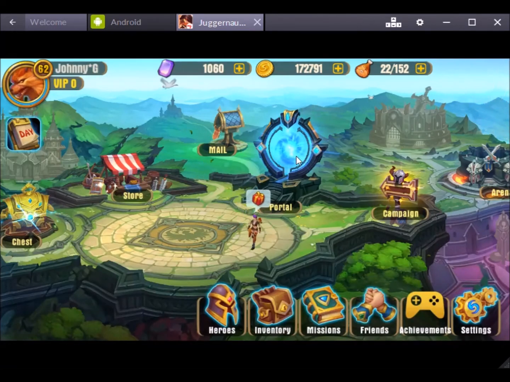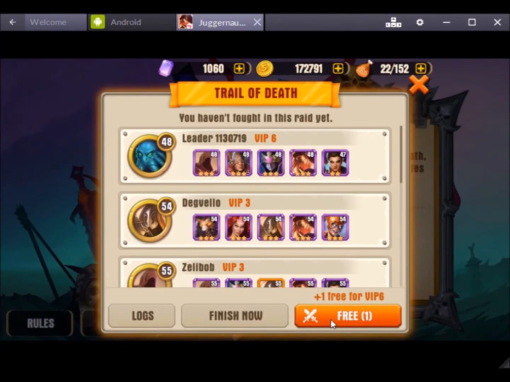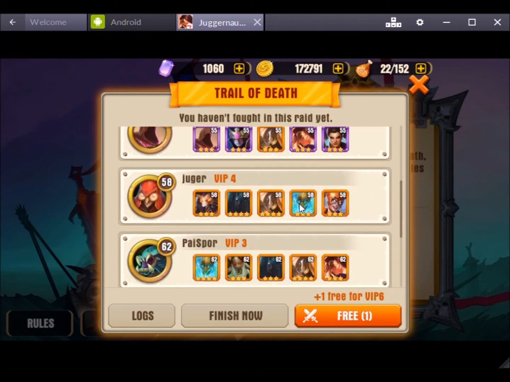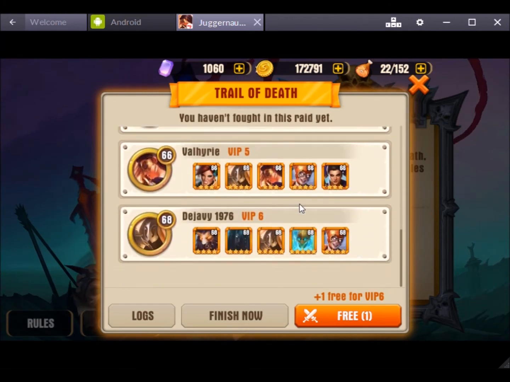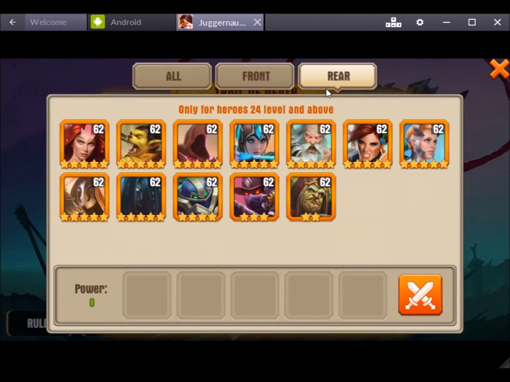Okay, so let's run through the Trial of Death with a few team combinations that people use. As you can see here, it's a pretty good lineup until I reach round 6 and 7. It's just going to be impossible for me to pass at level 62. So the first lineup we're going to use, and bear in mind these heroes are all maxed out but they don't have all enchanted equipment, is the